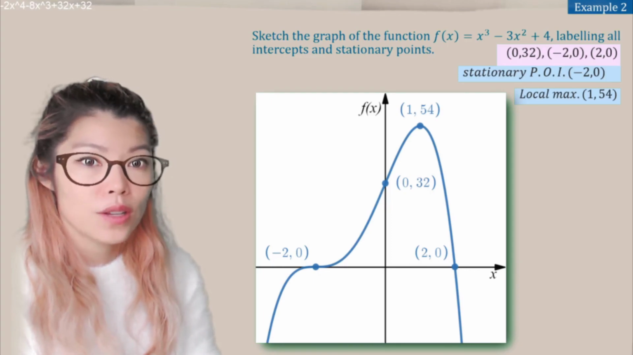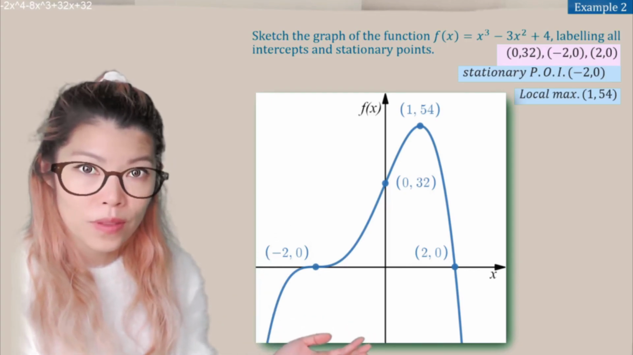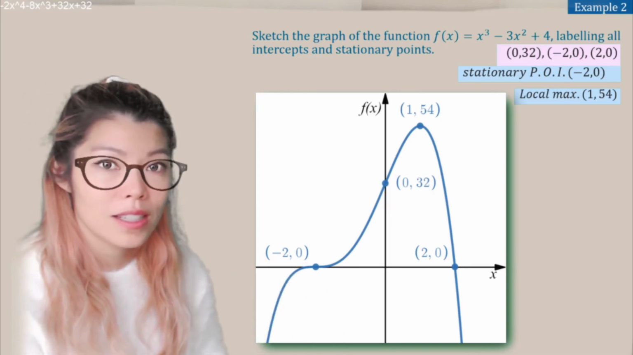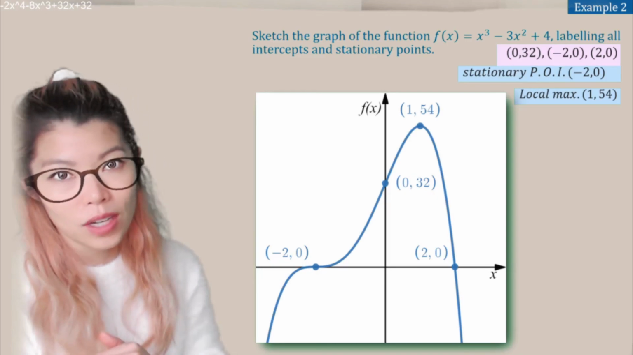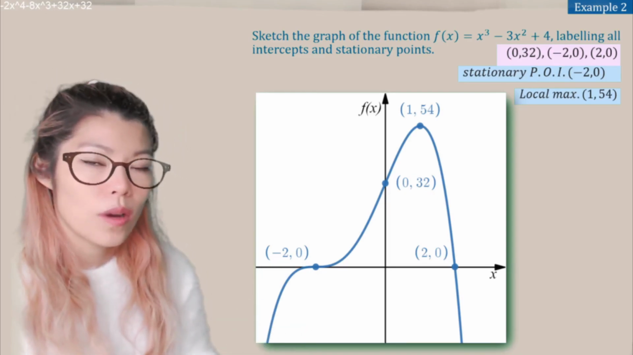So remember the steps. First of all, find your x and y intercepts like you've done before. Then find the derivative to find a stationary point, and then put in a table and find the gradient slightly to the left, slightly to the right to see what type of